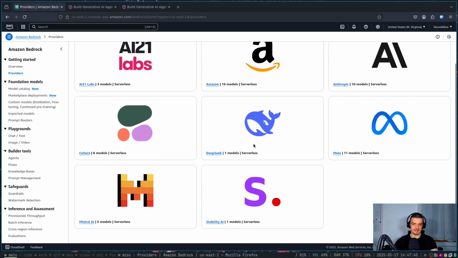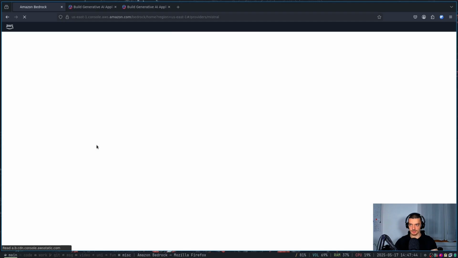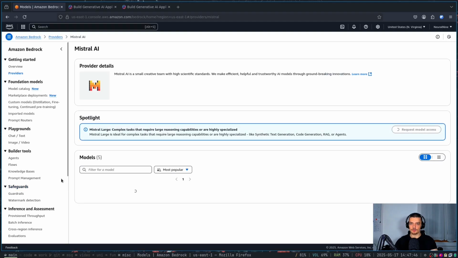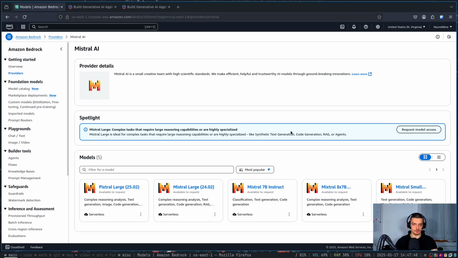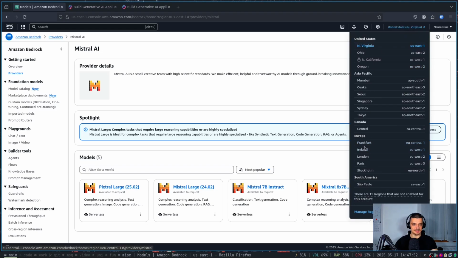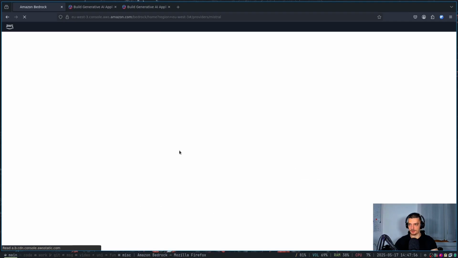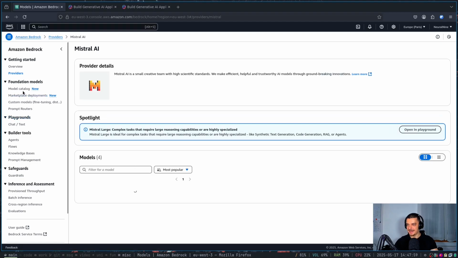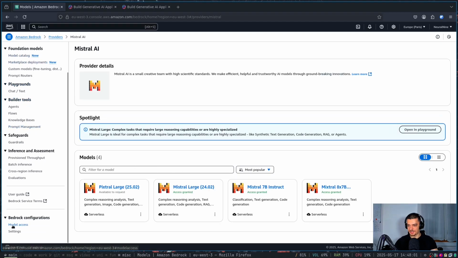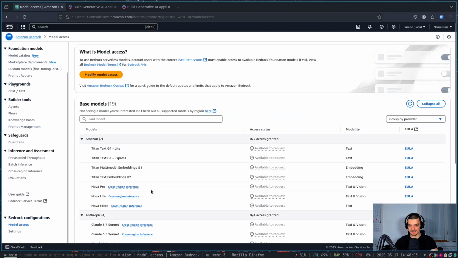So yeah, here at least you have the DeepSeek model. You also have an additional Mistral model, as I can see here. But regardless, you just choose a location that works for you. You choose a model that works for you, and you basically just have to enable them, and then you can use them right away. So in my case here, I'm going to go to Paris because I want to use Mistral, and I'm going to go down here to model access,